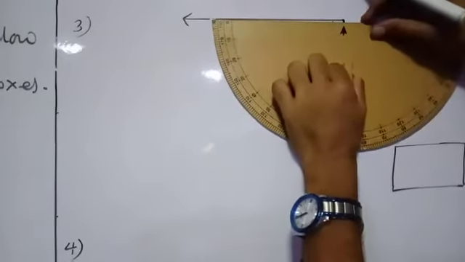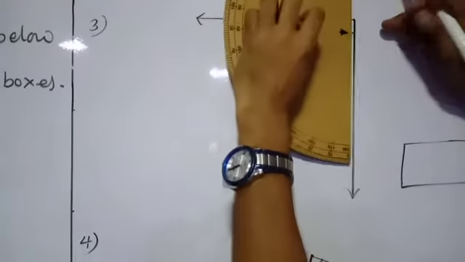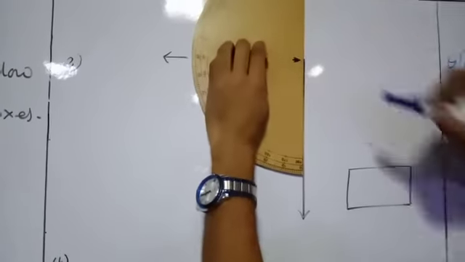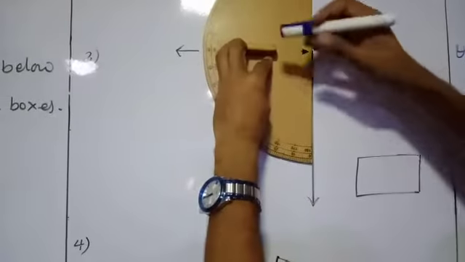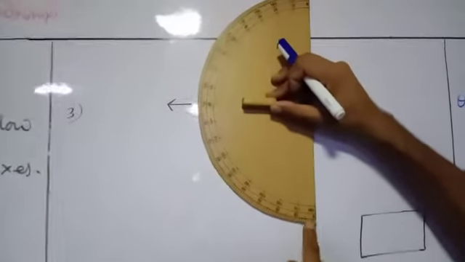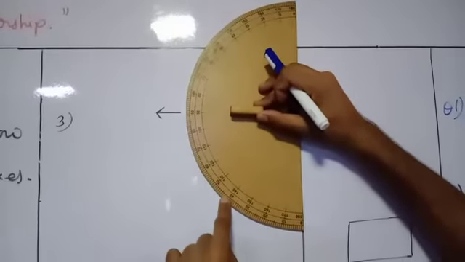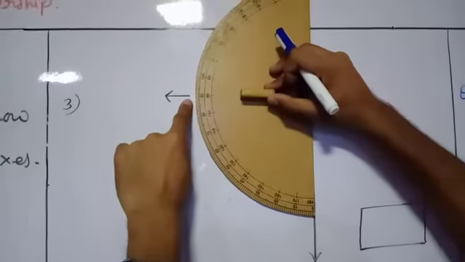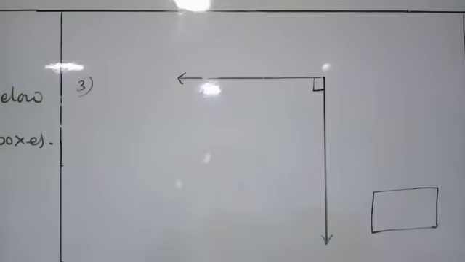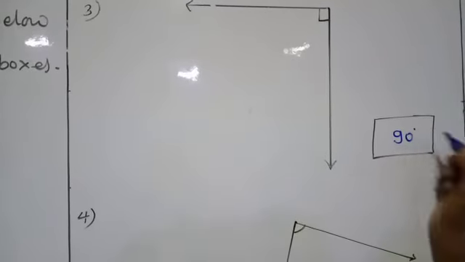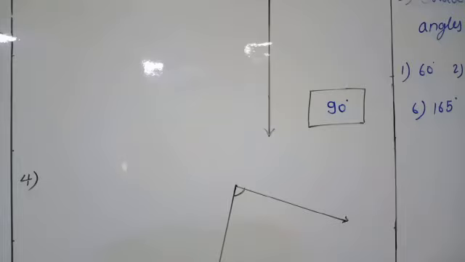Vertex, we are going to keep that this way, or let's do it this way. Keep the vertex on the arrow, cover this line. Now we are going to start counting from here. So 0, 10, 20, 30, 40, 50, 60, 70, 80 and 90. Got it? Whether the diagrams are in any direction, we have to follow the same rule and we can measure